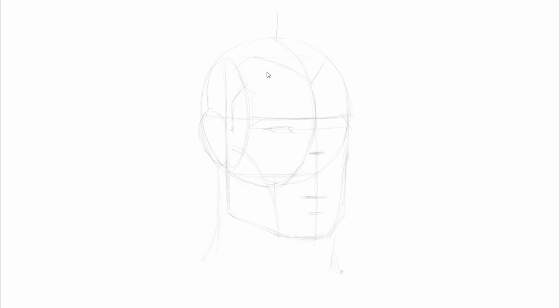And of course, we can mess around with the eye shapes as well. So I want this guy to look kind of intimidating. He's going to have a bit of a glare about him. So I'm going to make the top of the eyes quite straight, and I'm going to narrow them out as well. So they're very small eyes. And as I said, they're placed right at the front of the face, which has this kind of